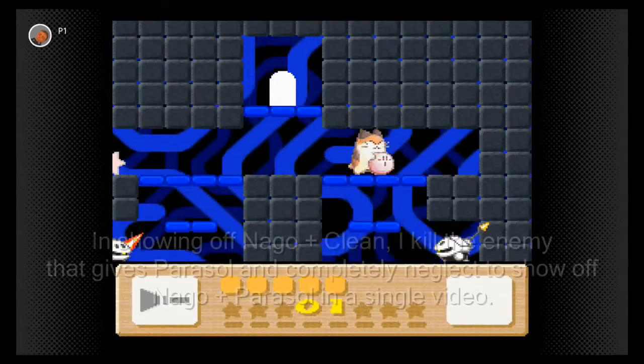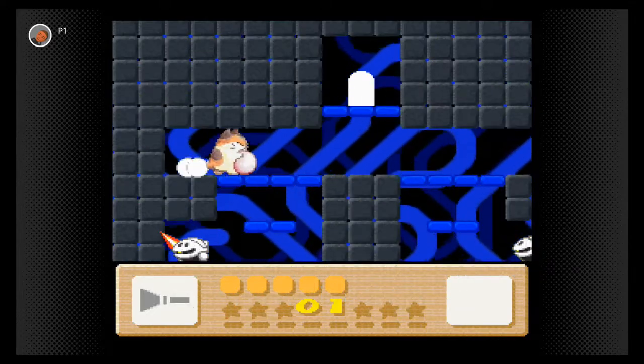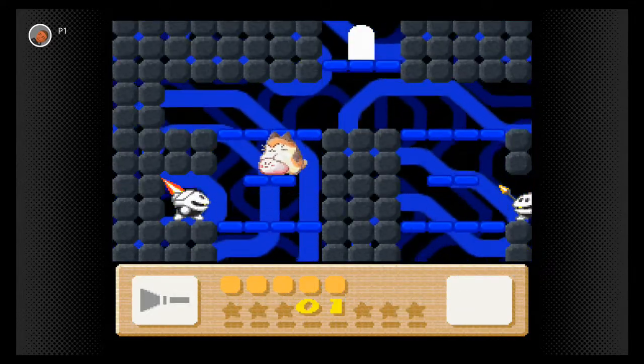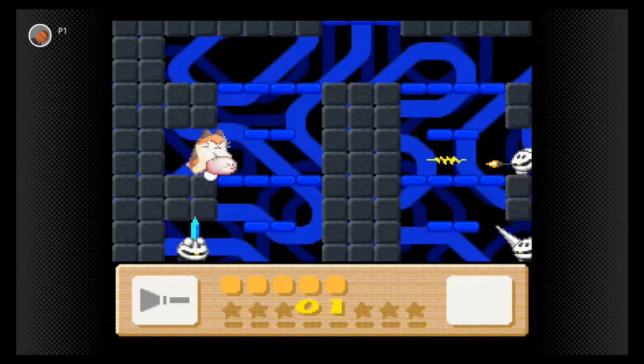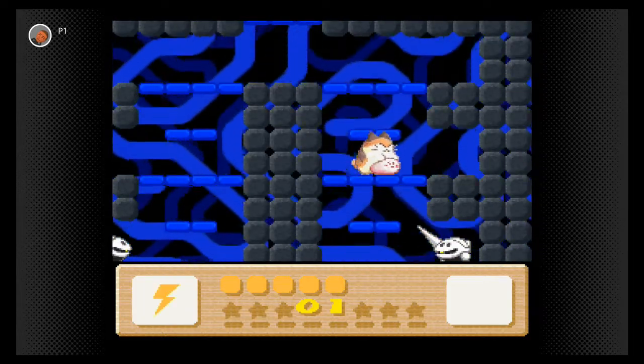Nego and Clean. Nego will basically rub Kirby on the ground, creating sparks that can be used to damage enemies. Like so. Nego and Spark. Nego will...